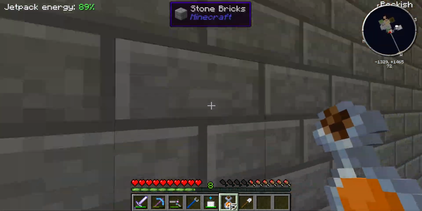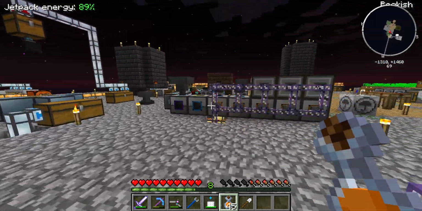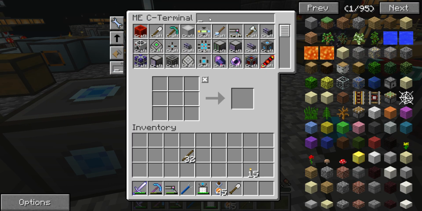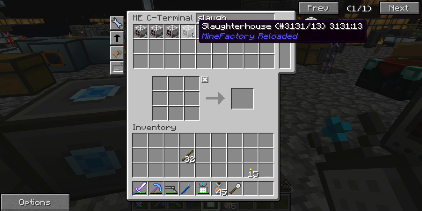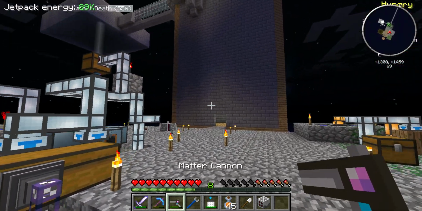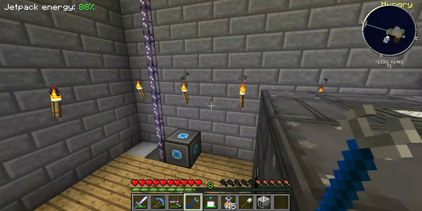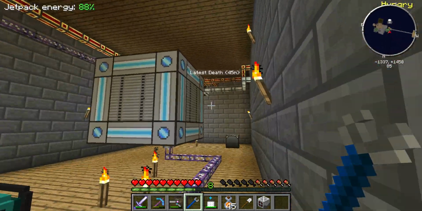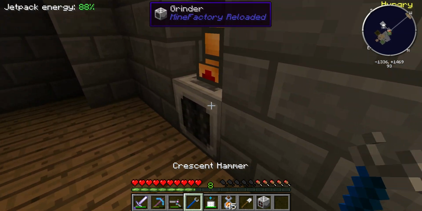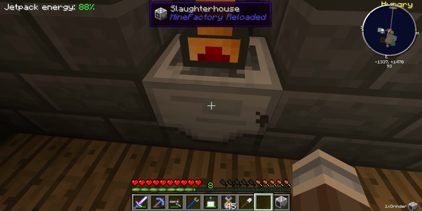So, what is going to be done today? Well, let me tell you. We are going to make pink slime through this one thing called a slaughterhouse. So what we're going to do is turn the mob grinder back on, and then we're going to replace one of the grinders with a slaughterhouse to make meat. I think. Yes. Okay, if we take that out and put that in,